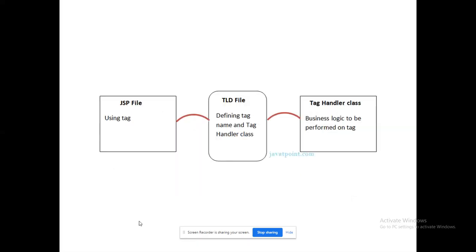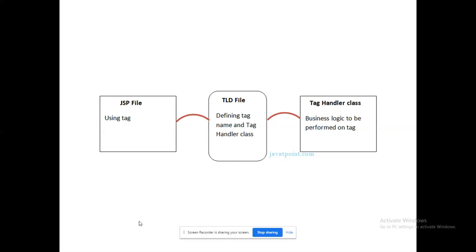Next, JSP tag libraries, or defined tag libraries. What is the purpose of this? So here I can create my own tags, right? Initially I have conveyed about this while we were dealing with the architecture of JSP. So in that case, this could be the procedure. In the JSP file, I can use that tag. If I need to use the tag, what I have to do? I have to create a file with the extension .tld.